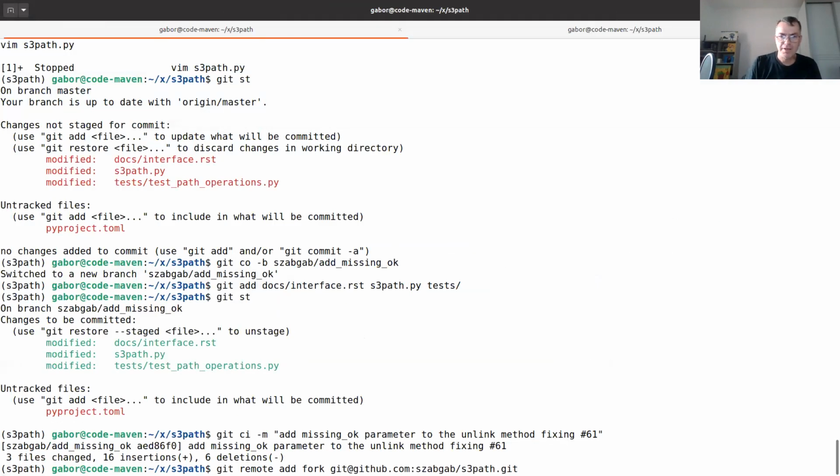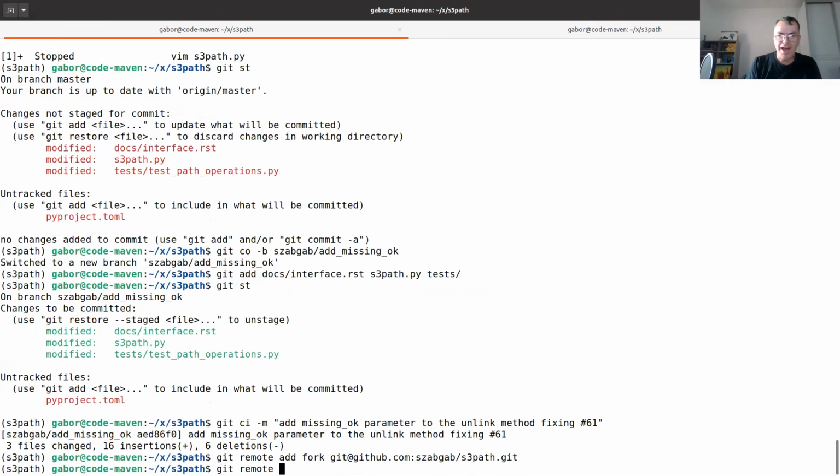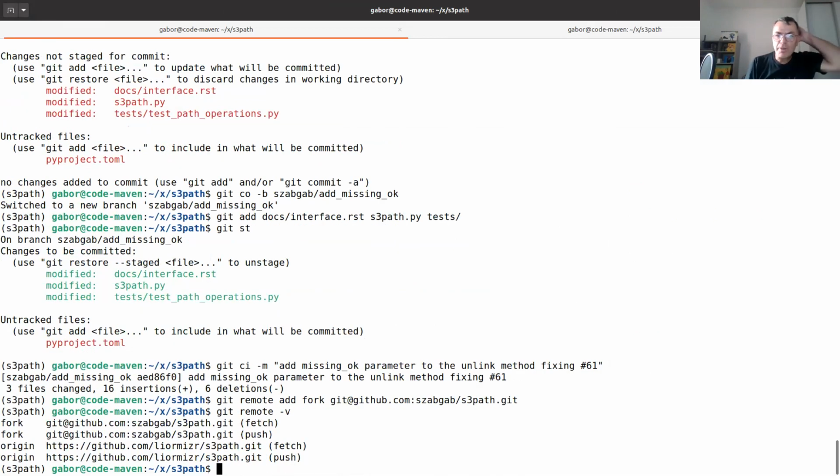It was sort of disturbing to me that origin was actually mine and then upstream was the original. Okay, that's the original. So now origin is the original and fork is my fork. So that's my new best practice.